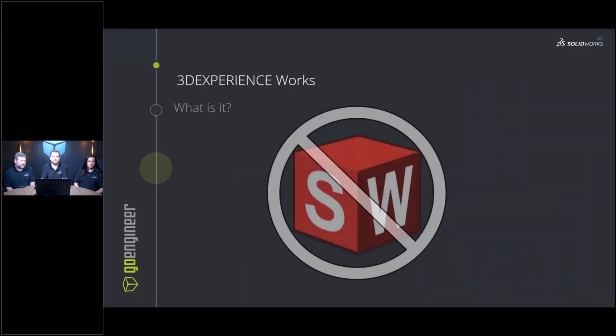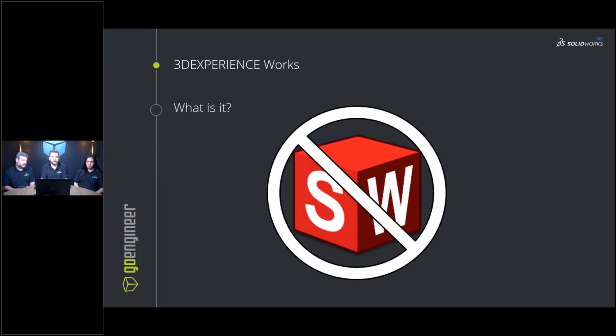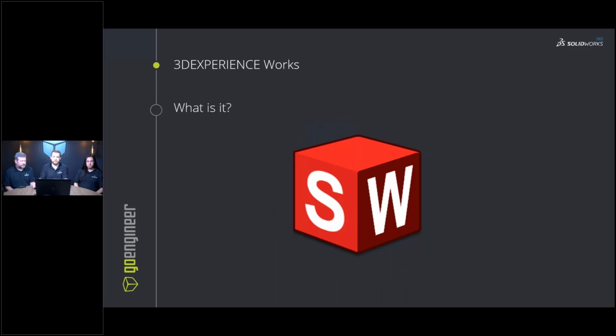So you might have guessed, we are now talking about 3D Experience Works. And before jumping into 3D sculpting or data management or anything like that, I wanted to talk a little bit about what the 3D Experience platform is. So the question, what is it? Well, first, it is not a SolidWorks replacement. It's a complement to our existing SolidWorks products and can be used by a variety of our SolidWorks customers, which leads us into the